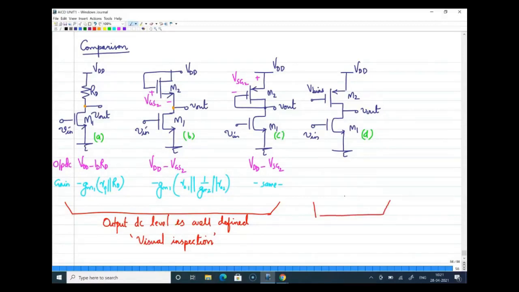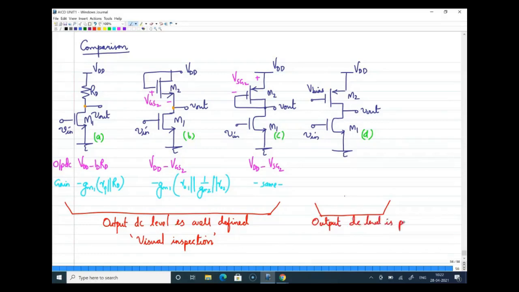Are you getting what I'm trying to say here? If you have questions, please post. What I'm telling here is in this specific circuit, I do not have a resistor. I do not have a MOSFET with which I can say that this much is the VGS. The only thing is there are two transistors, both transistors are biased, but the output DC level is not determined by the VGS voltage of any device. In such a case, we will say the output DC level